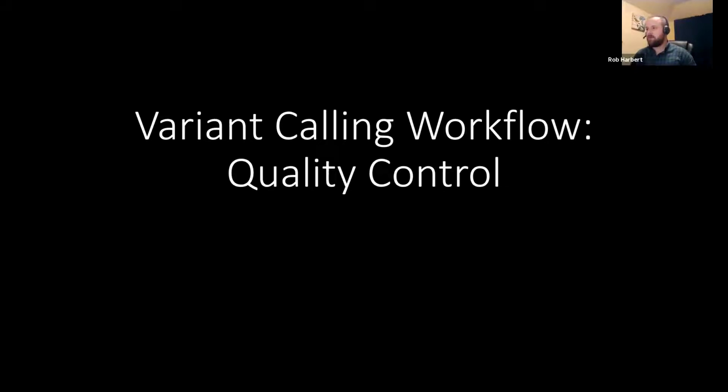Today, we're going to start working through a variant calling workflow. Ultimately, we're going to take raw FASTQ data and align it against a genome to identify variable sites in that genome and visualize some of those. But today, we're going to take a look at some of our data, and we are going to run a quality control check that is a fairly typical thing to do at the beginning of any DNA sequencing analysis,